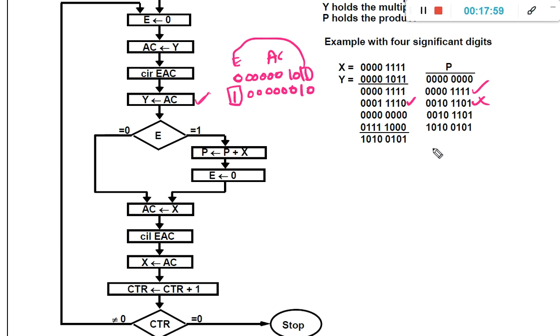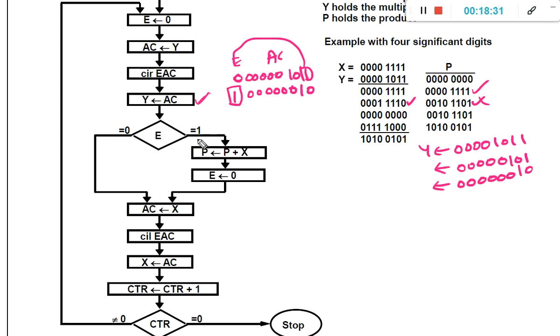What I said previously, the y value is initially 0 0 0 0 1 0 1 1. After the first iteration, it will be 0 0 0 0 0 1 0 1. After the second iteration, it will be 0 0 0 0 0 0 1 0. Now the present y value is this one.